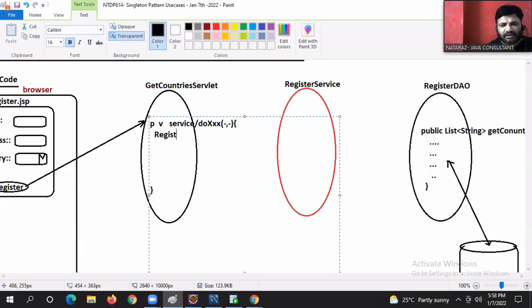Yes, tell me here. RegisterService service = new RegisterService(); List<String> countries = service.fetchCountries();